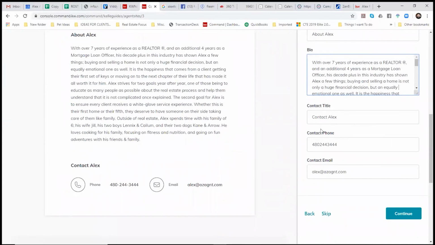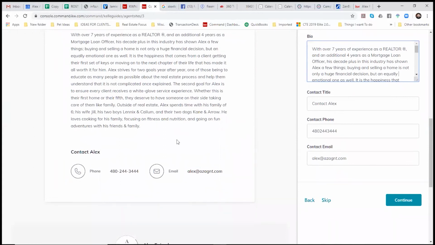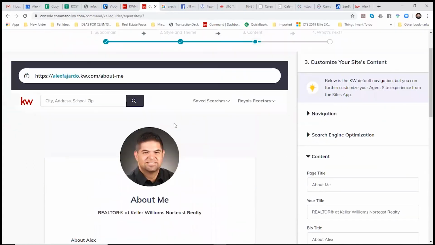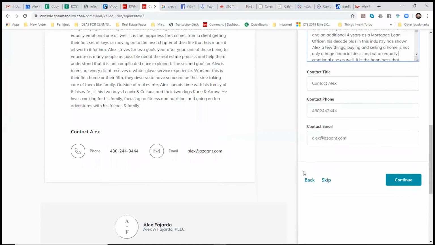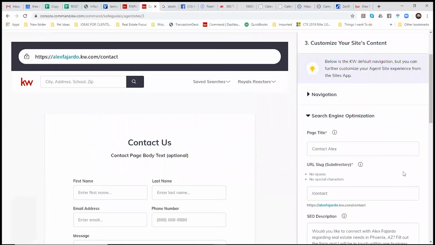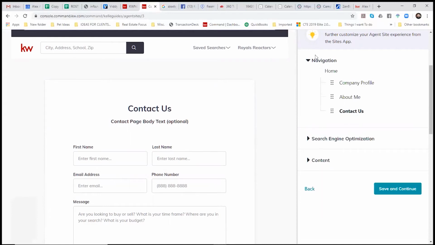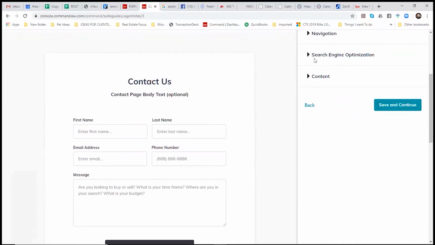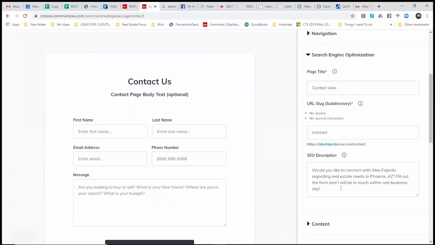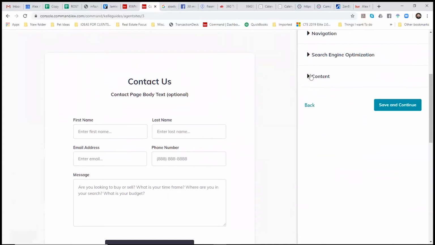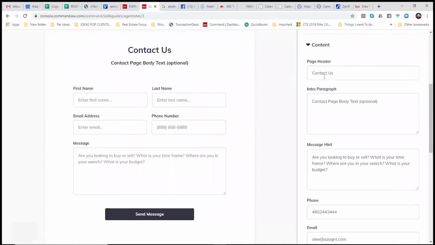And then contact title, contact phone number, and email, right? All very basic stuff here for your About Me page. So we go ahead and we click continue. And here we now are on the contact us page. And this one's pretty straightforward. Again, navigation wise, are you okay with the order? Search engine optimization. And then in the content,